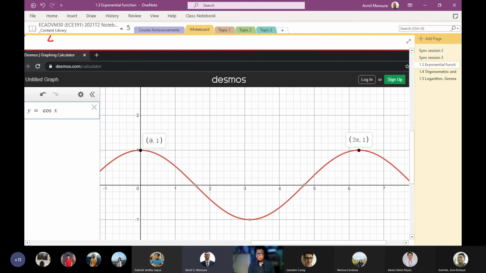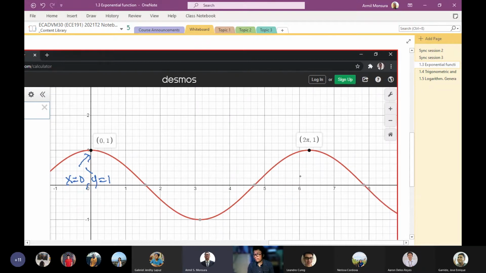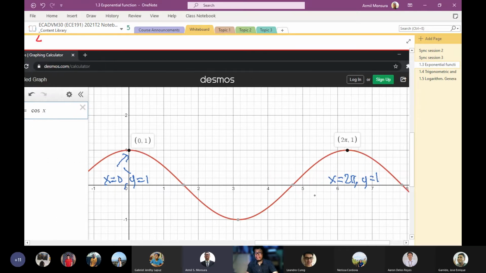From here, when the value of x is 0, the value of your function y is equal to 1, and then after some point, if the value of your x is 2 pi, the value of your y is 1, and if you notice that pag in-extend ko yan,